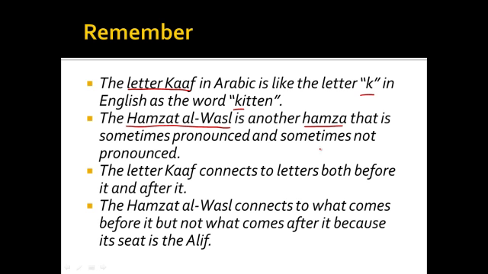And we discussed when it was pronounced and when it wasn't pronounced. For example, in the word here, iftikar, the Hamza is pronounced because I'm not connecting it. But if I connect it with another letter, then it isn't pronounced. Biftikar,